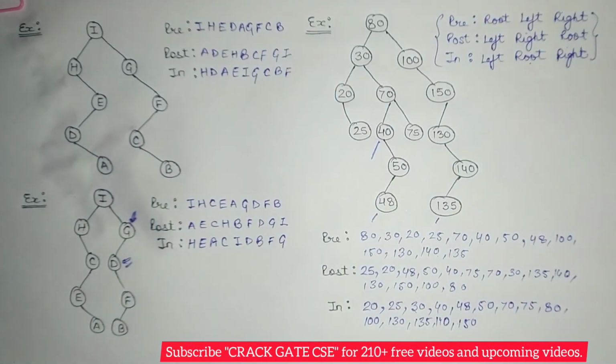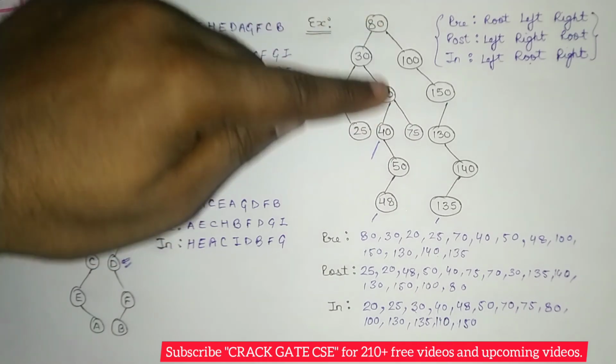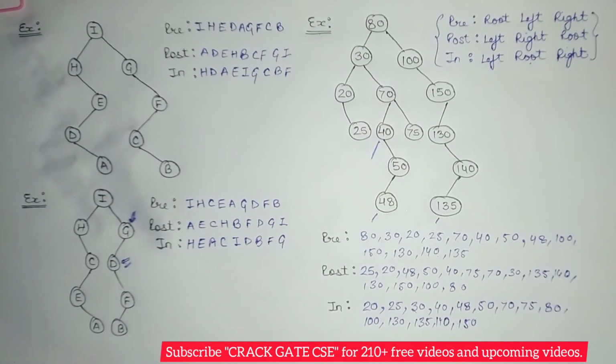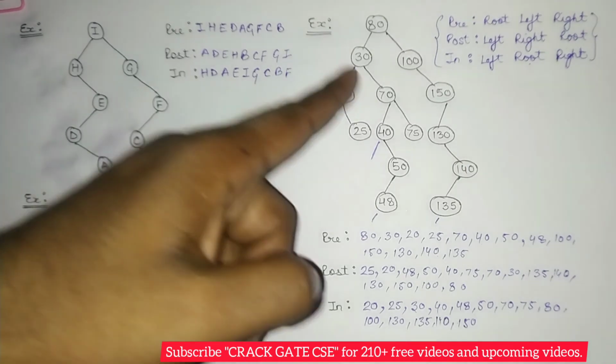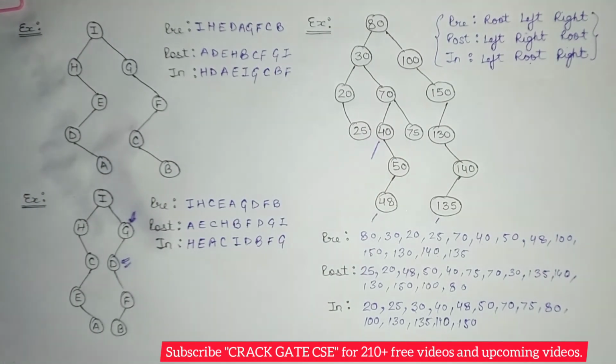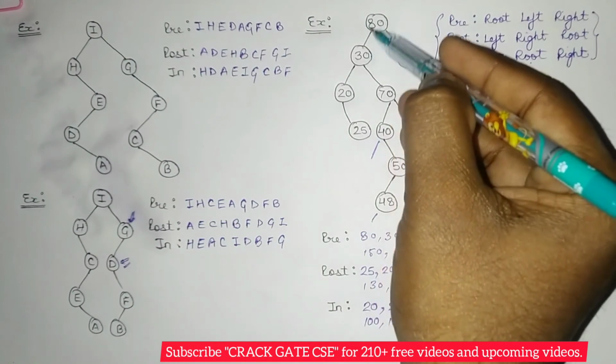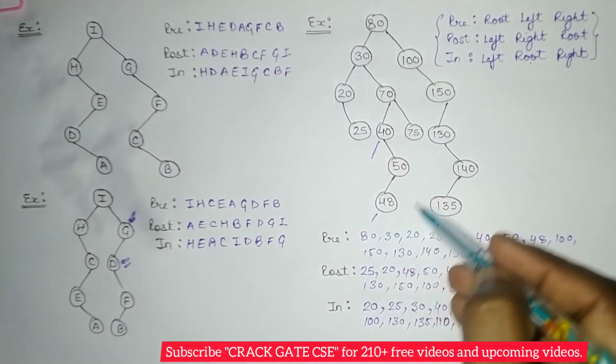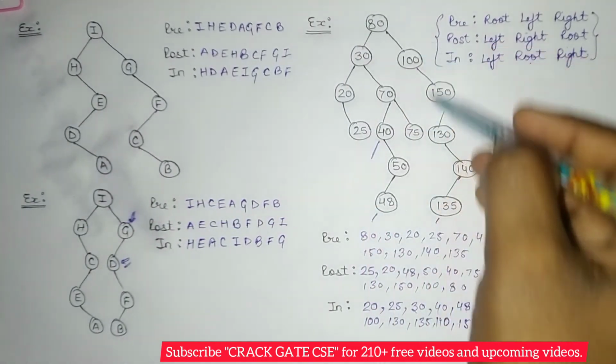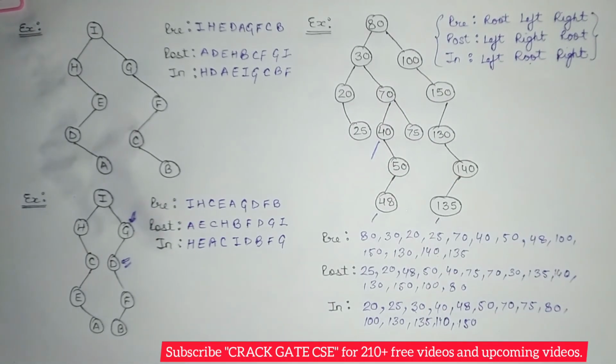Now you might have noticed one thing over here, which is that this particular in order is in increasing order. This is because the question given here is a binary search tree. In a binary search tree, we have a condition that on the left hand side we will have lesser nodes, where the value will be lesser as compared to the root node, and the right hand side will have higher values. See, in the left subtree of 80, we have values less than 80, and here we have values greater than 80.